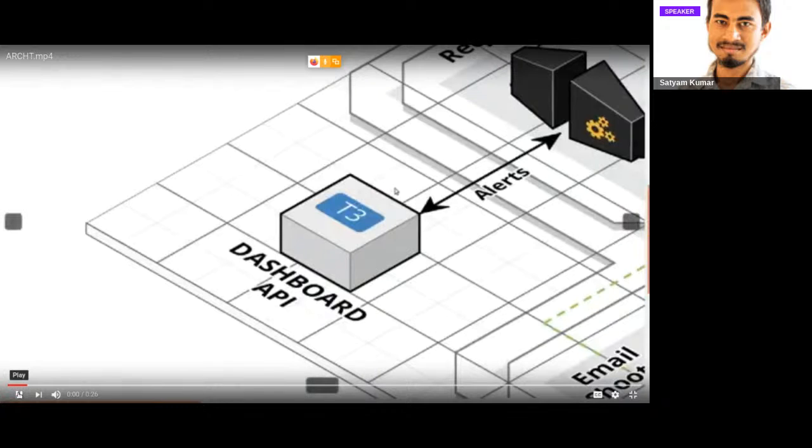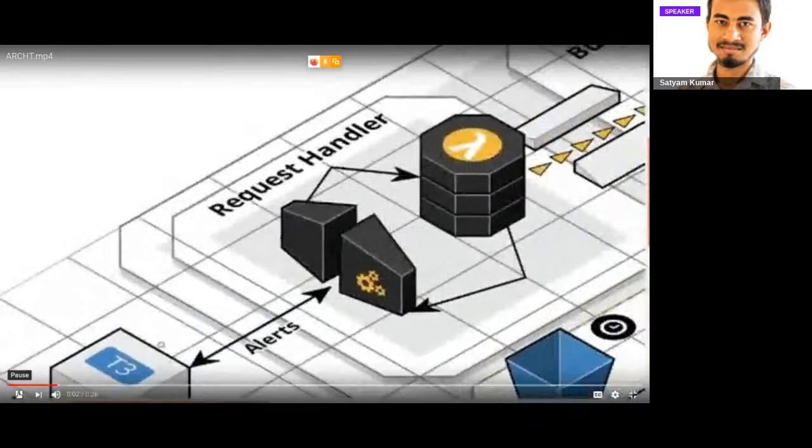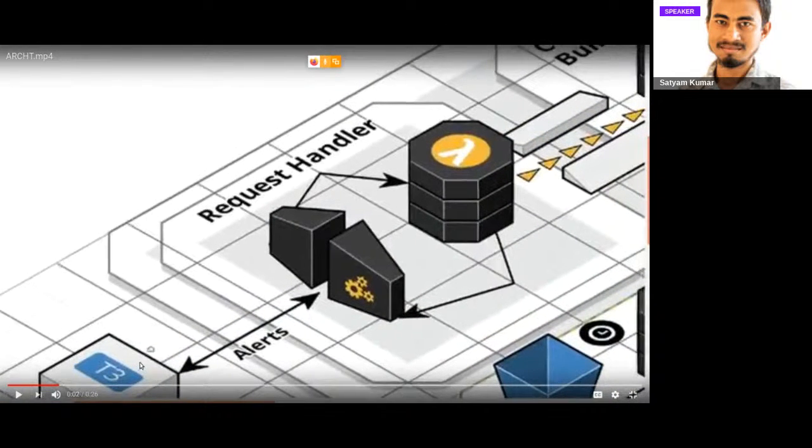Suppose we go with the flow in which a request comes to our service, and how a response is sent to the clients in a similar fashion. So yeah, a request has come to us using the API gateway. Now it has come to a service which we call the request handler. Let it be request handler. The request handler is the main service which interacts with the outer world, so it will send back the response to whichever model has pinged us.